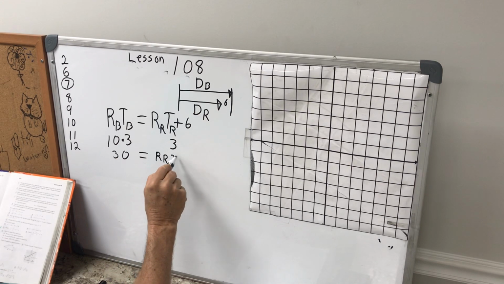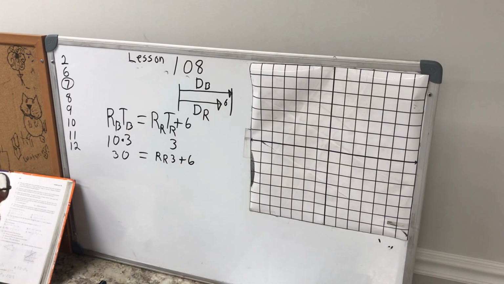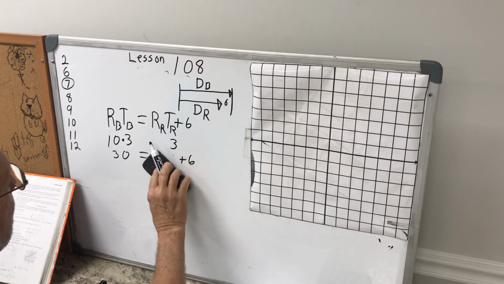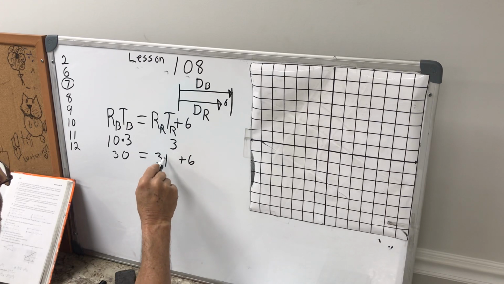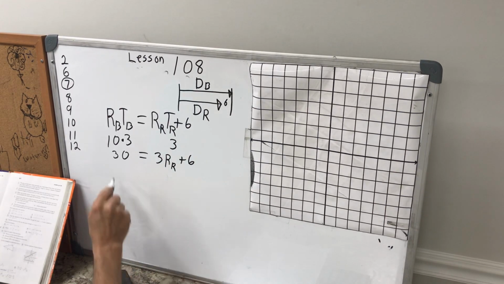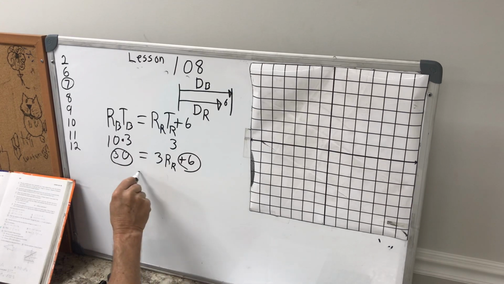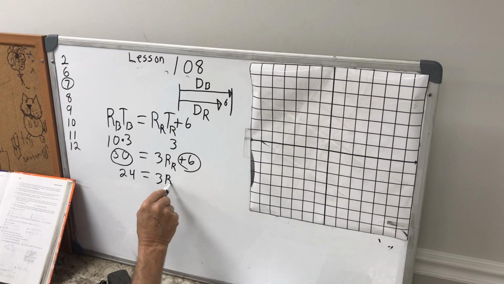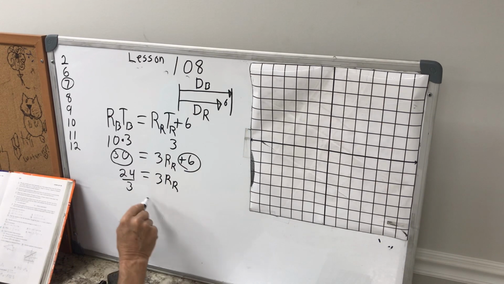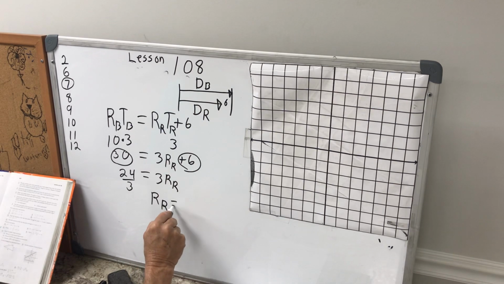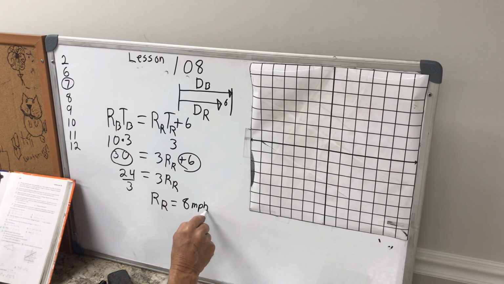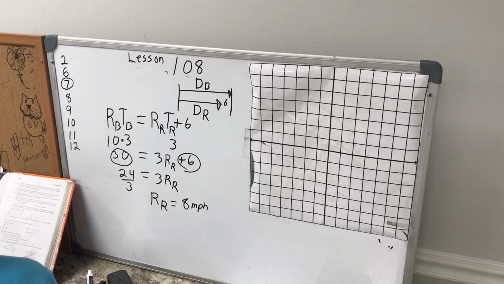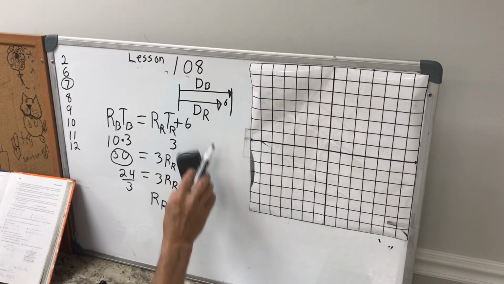R times (3 plus 6). If you don't mind, I'm going to change this R3 to 3R. 3R. Okay, we combine the 30 and the 6. That would be 24 equals 3R. Put the 3 underneath it here. Looks to me like the speed of Rose equals 8. And I think that's miles per hour. Is that correct? That is correct. Miles per hour. Okay, there we go on that one. That was